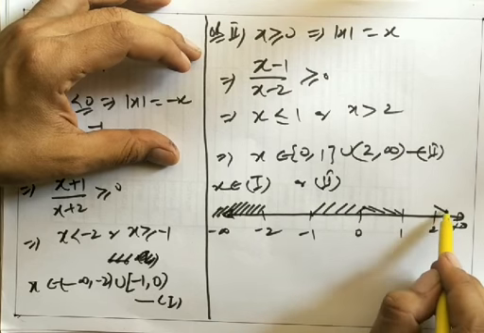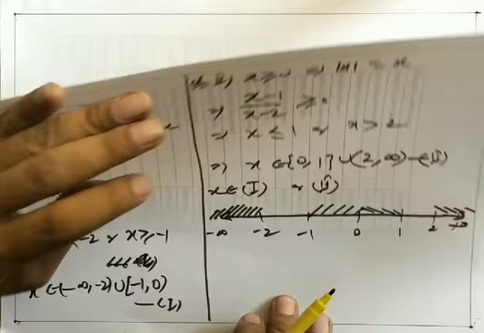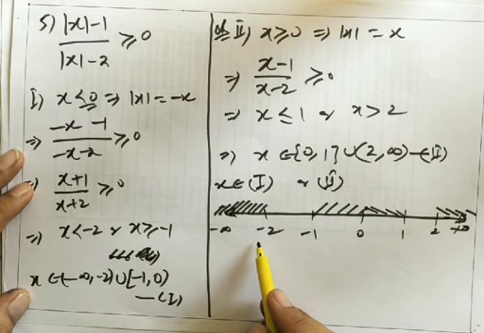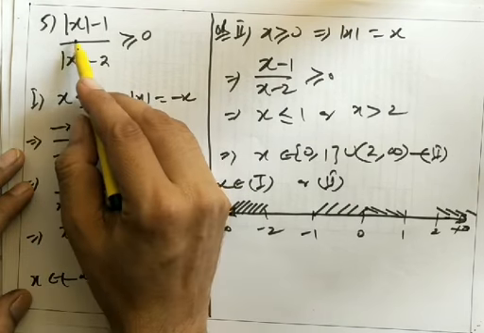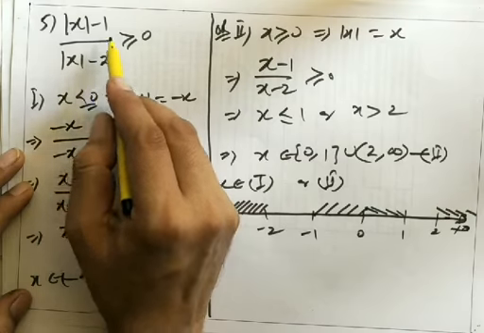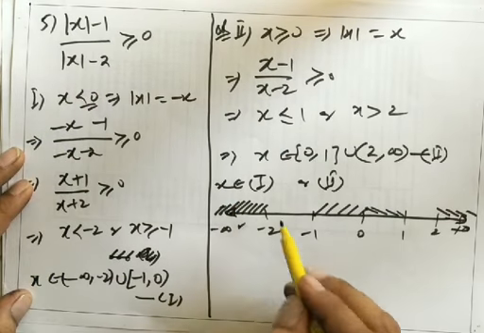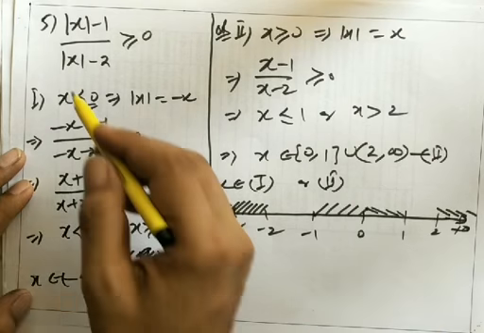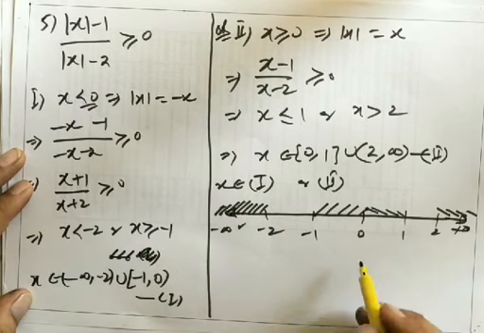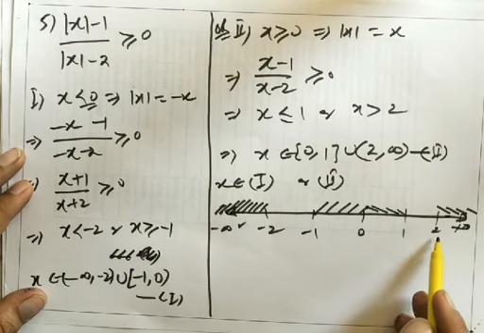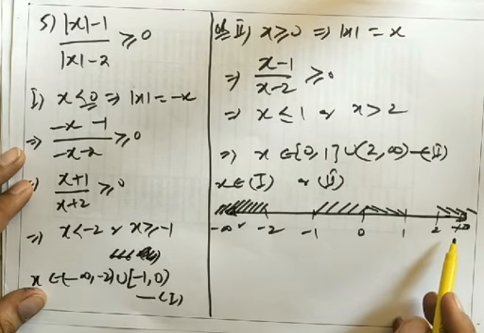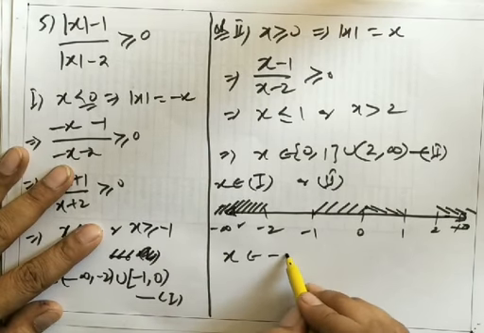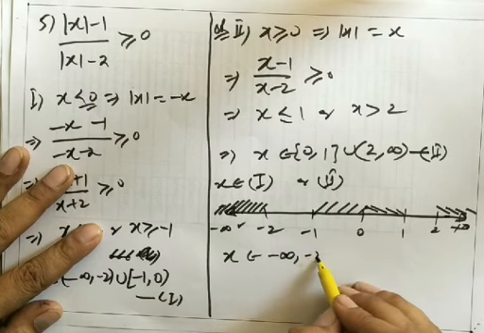And 2 comma infinity. You can see if we take any number between minus infinity comma minus 2, that is minus 3, if you put over here, it will be minus 3 minus 1 upon minus 3 minus 2, that is 4 upon 5. That is satisfying. That means this will be considered. If you take any number between minus 1 and 1, suppose 0, if I put 0 over here, it will give half, which is satisfying. And if I take any number after 2, that is 3, it is 3 minus 1 is 2 upon 1, also satisfying.